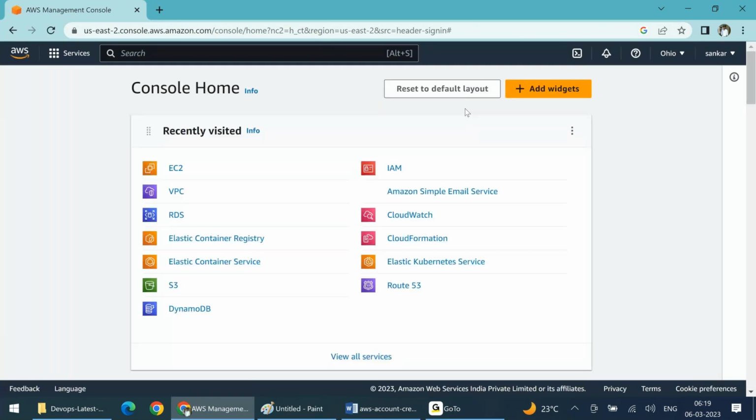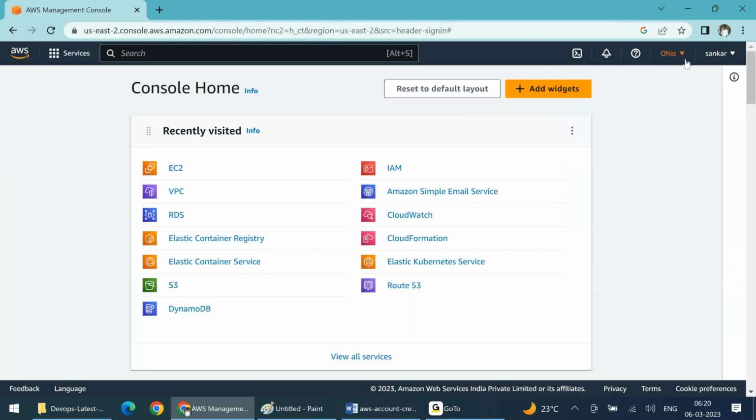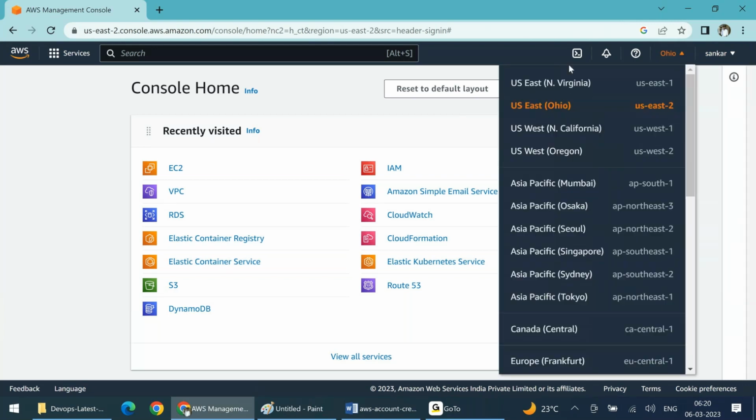Once you have logged into the account, this is the dashboard, the home page. Here you can see on the right side the account details. And beside my account, you can see something like Ohio. This is nothing but regions. Any cloud you work with, usually we are going to see the regions. The regions are nothing but